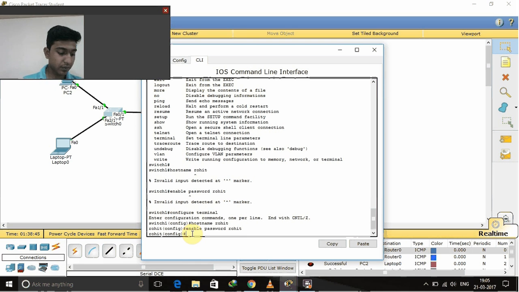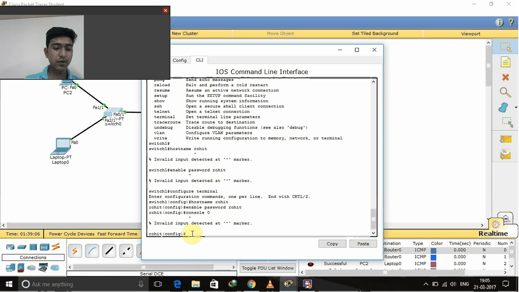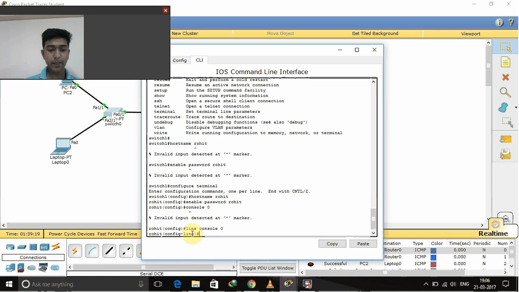So now for the login, I have to set the password. First give line console 0. What is the benefit of this? It will take you into the line console 0, the console mode.